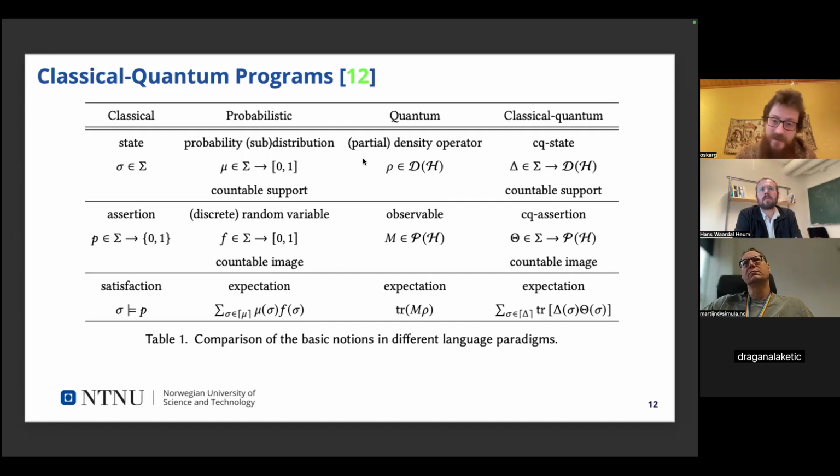I also don't fully understand why they work with density operators everywhere, because they could be using state vectors, I think, in the preconditions or for the pre-state. Because as far as I understand, and correct me if I'm wrong on this, you use the density operator because of measurement, because you end up with a probability distribution of quantum states when you do measurement.